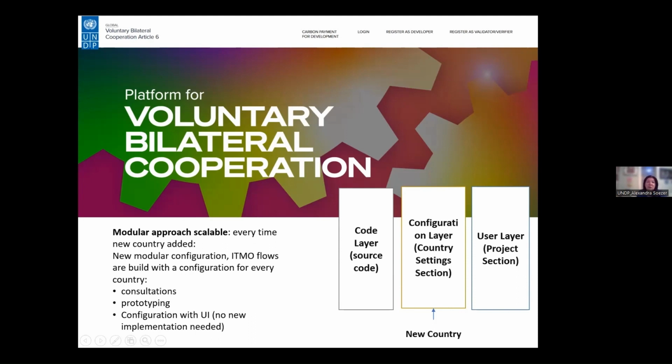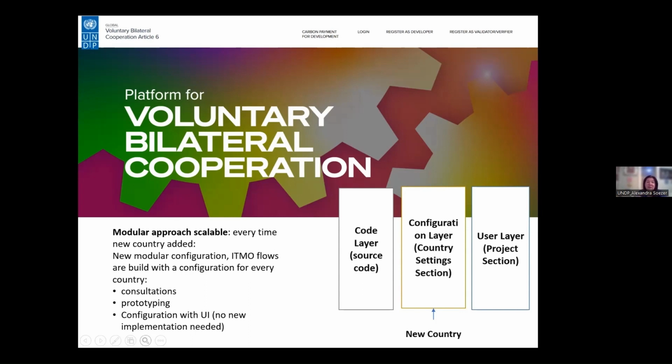We also have a two-factor authentication and authorization process to restrict what the different users have access to on the platform. And all ITMO project processes can be managed and implemented on the platform through different registered country users, for example, country administrator, validators, verifiers, and project developers.